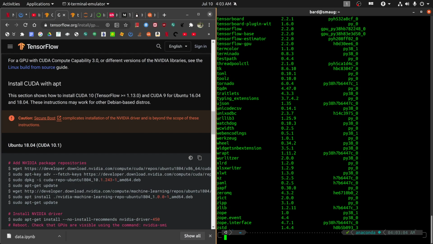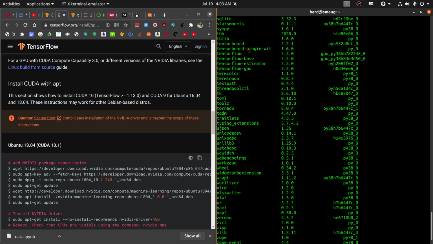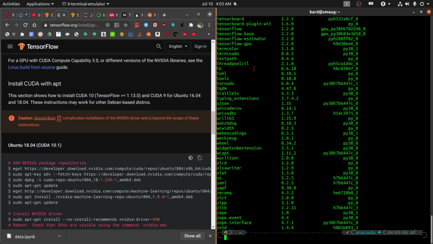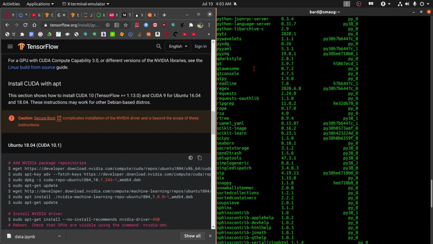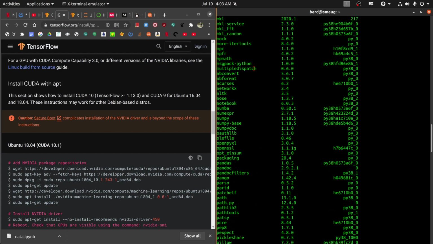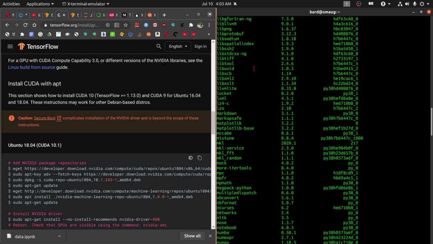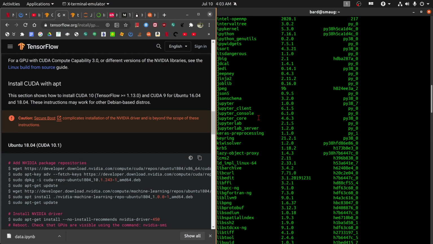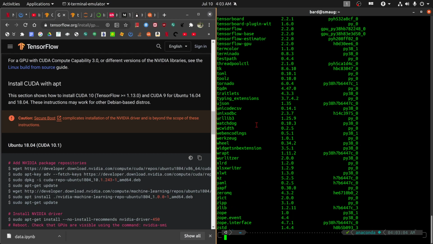And you see, here's TensorFlow. So all these things are in here: TensorBoard plugin, TensorFlow, TensorFlow-gpu, etc. And you also will get all kinds of other stuff that you probably need, like Matplotlib and pandas and NumPy. And you'll get your Jupyter Lab here. And so